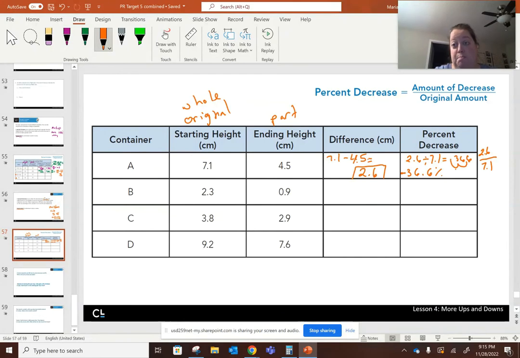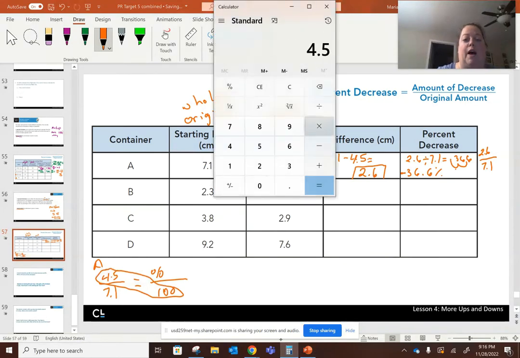Pretty easy, right? But just like I did the other way, I can do this using our proportional relationship. So I'm going to do this down here because I have more room. I can do my part over whole, percent over 100. I'm finding the percent, and this is going to be my part, 4.5 over 7.1. So again, I can circle these two, multiply and divide. So 4.5 times 100